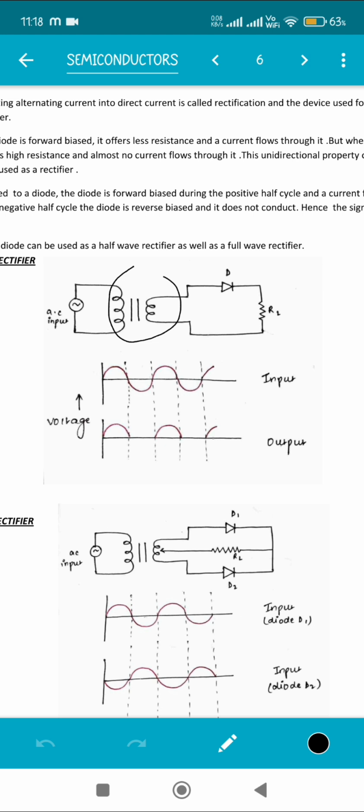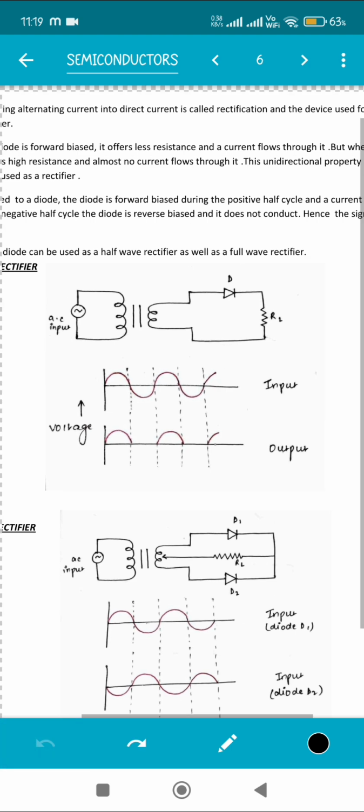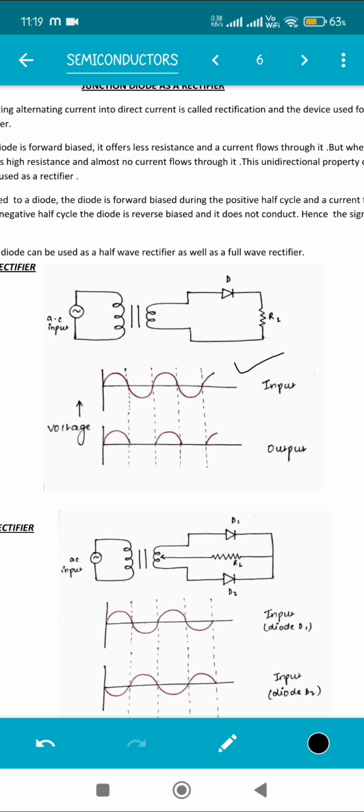This part is the transformer part, and over here we will put the AC input, the alternating current input, and on the other side we are going to get the output. So initially the input is an AC current, and you can see it is forming a waveform like so. In the output, what happens? The lower peak is getting totally cancelled out. Why? Because in the lower peak there is reverse bias, and in reverse bias there is no conductivity. Okay, so how will you write this? How will you explain this?